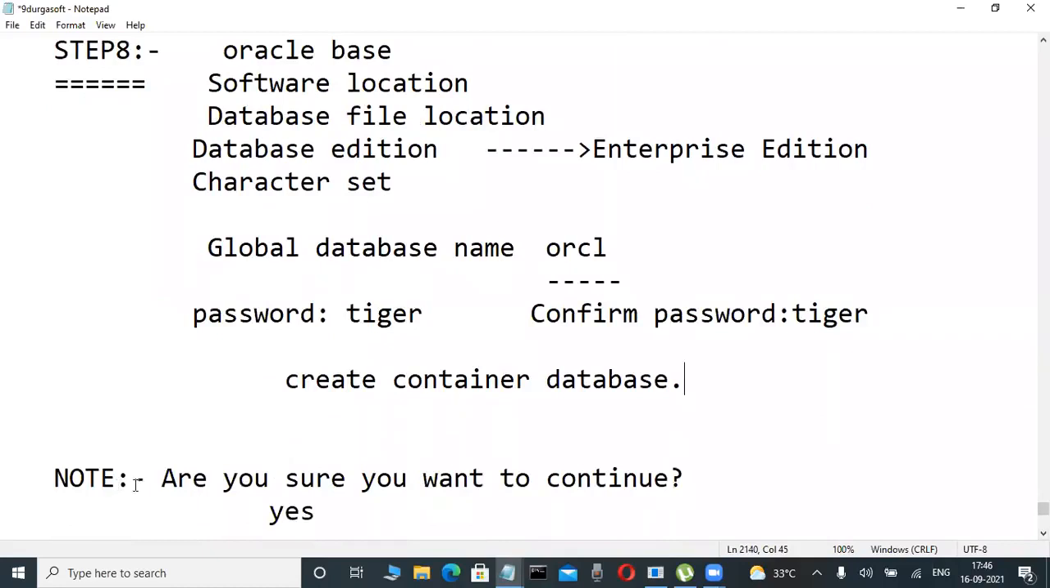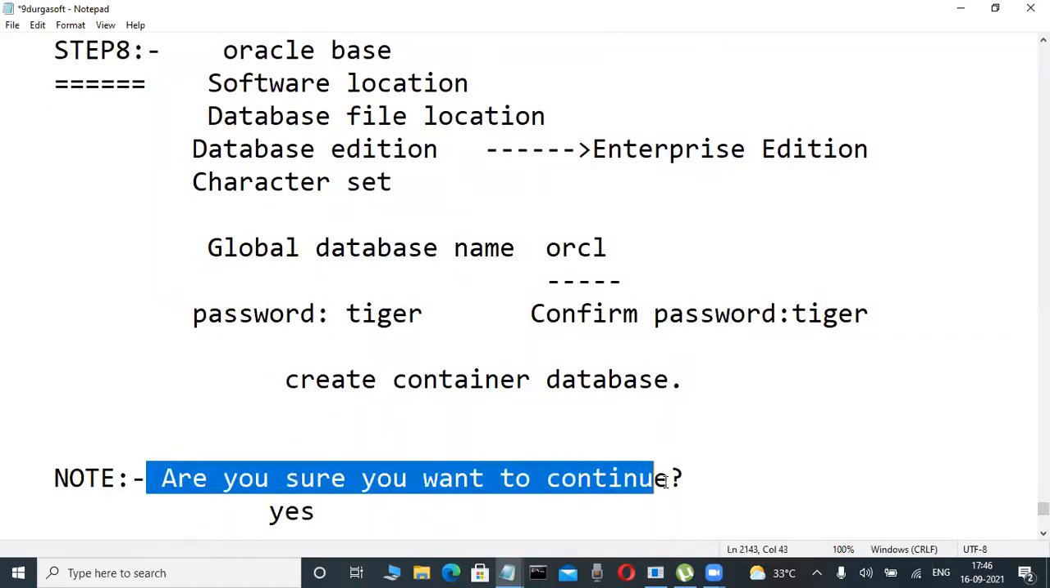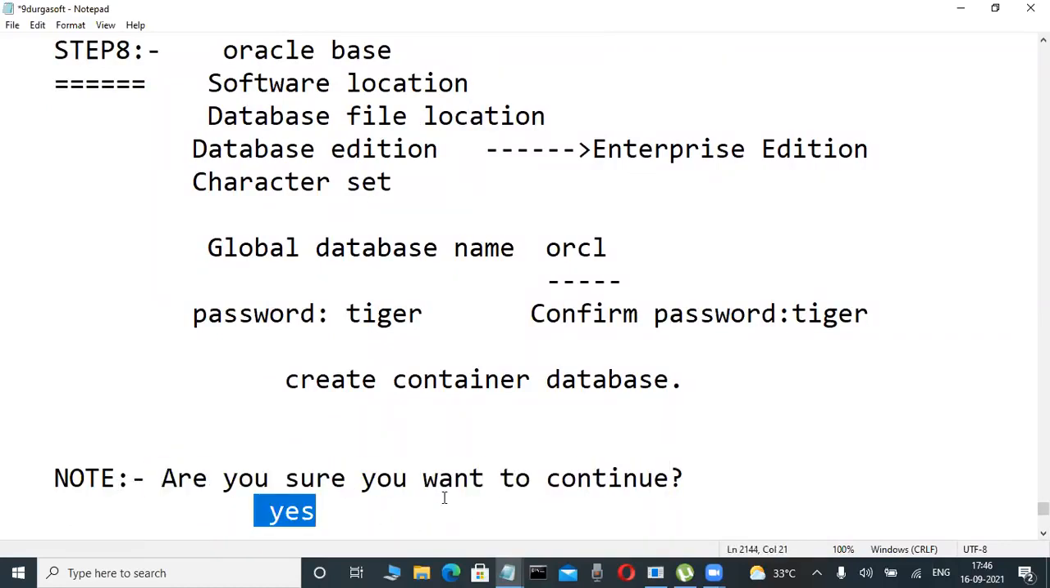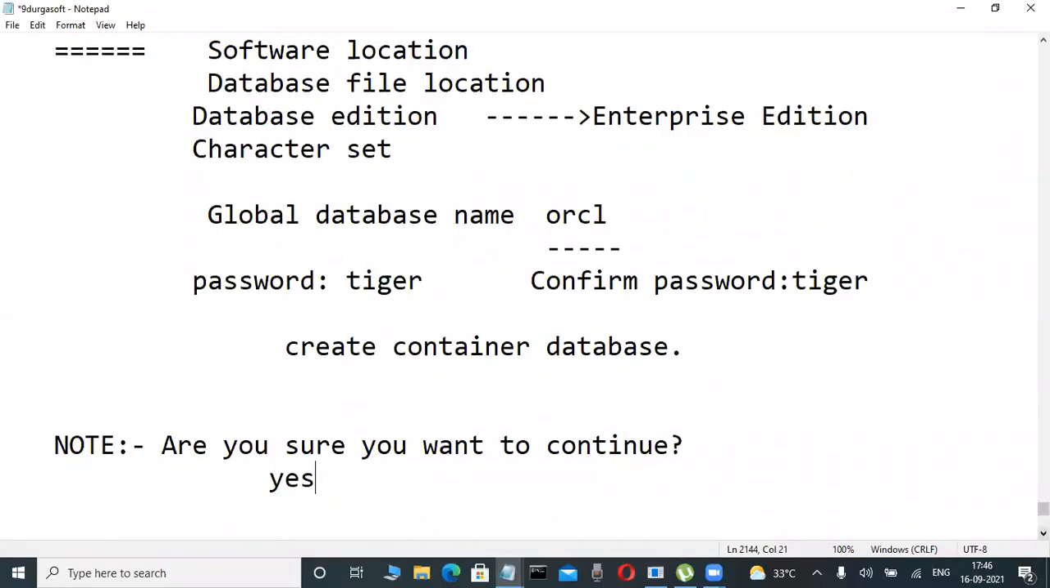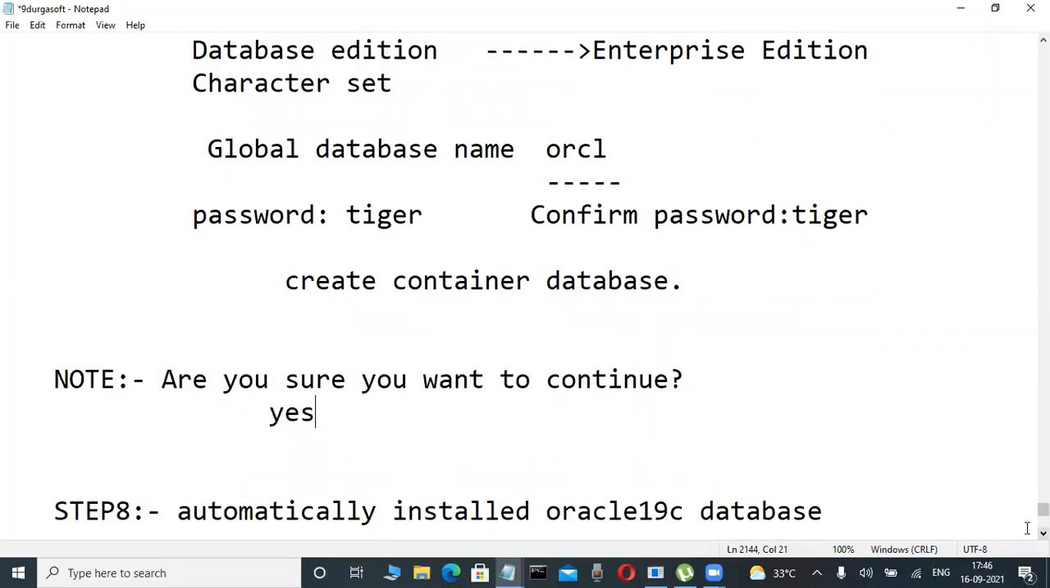Write it. Note, are you sure you want to continue? Yes. Again, are you sure you want to continue? Yes. Okay na? Then Oracle automatically installs Oracle 19c database only, but unfortunately it will take a time, maybe 20 minutes or 15 minutes. It will take a time